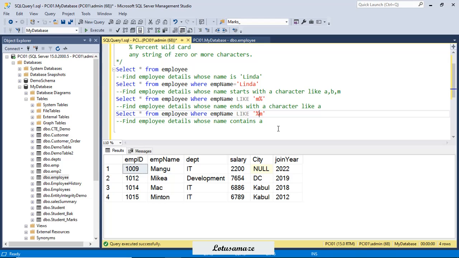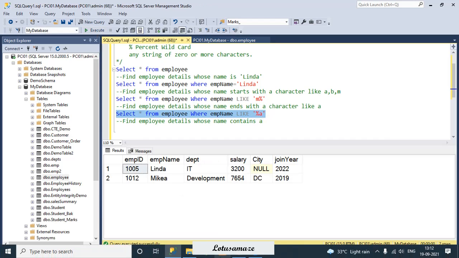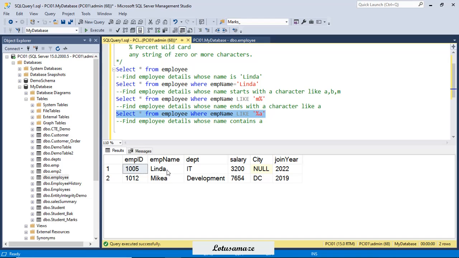It means before the M character it could be any string, any number of characters, but the last character must be M. If I execute this one, no records. So if I say A, then I get 2 records, and you can observe in the EMP name column, Linda and Micah have the A character at the end.